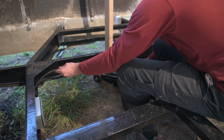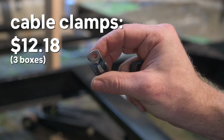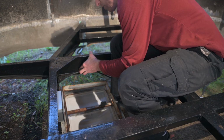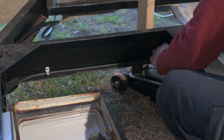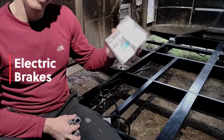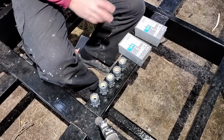Up here, I just have to work on a little cable management. For doing that, I've got more of these steel insulated clamps. So I have another stainless steel screw, and I'm putting a washer on the back and a nylock lock nut. I ran it along here as well, and I'm waiting to repair this and do the floor before I solder the wires together. I bought a couple of these 5-hole junction boxes and a bunch of larger wire glands so